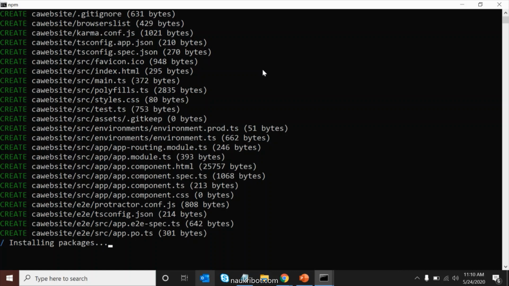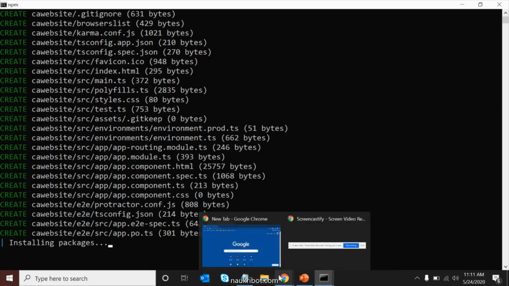You know what type of packages it is installing: all the dependencies and dev dependencies. After that, we will add our own dependencies, whatever we need for our project, like Bootstrap, jQuery, etc. You can see that it will take 1 to 2 minutes for this installation, because it will go to the internet and download all the repositories into our application, then install them and save our package.json file, all this stuff. All of this Angular provides initially.